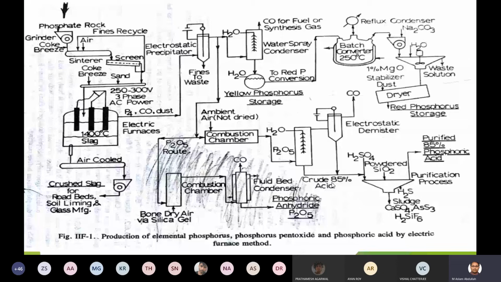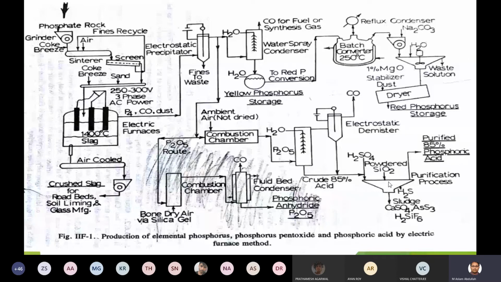If you have a percentage of 90%, you will get 90% phosphoric acid. If you have 95%, you will get 95%. But when I came across some research paper, I found that the maximum percentage of phosphoric acid that can be recovered is only up to 88. It cannot go beyond 88% at all. In the flow sheet it has been given as 85. If in the exam the question is asked, you can boldly mention that it can go up to 88%.